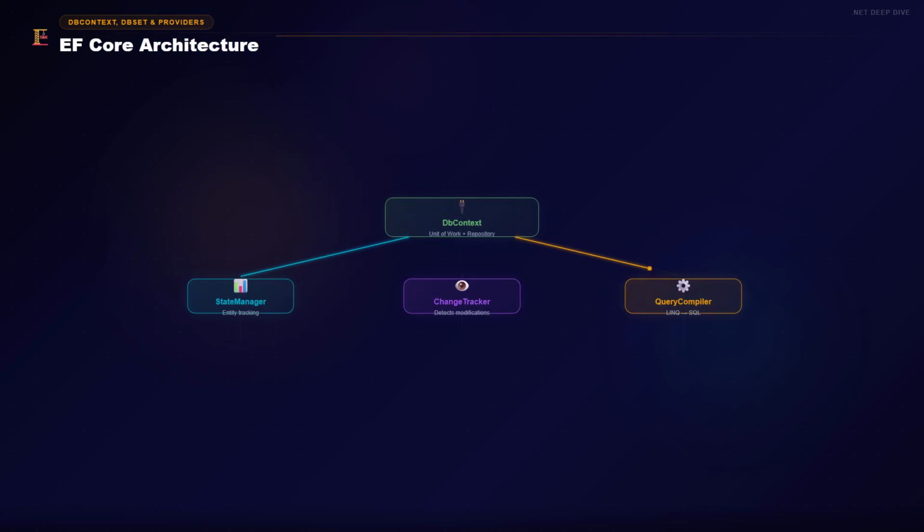The architecture of EF Core has three key components. First is DbContext. This is your unit of work and repository combined. It manages the database connection, tracks entity changes, and orchestrates queries. Internally, DbContext creates a state manager, a change tracker